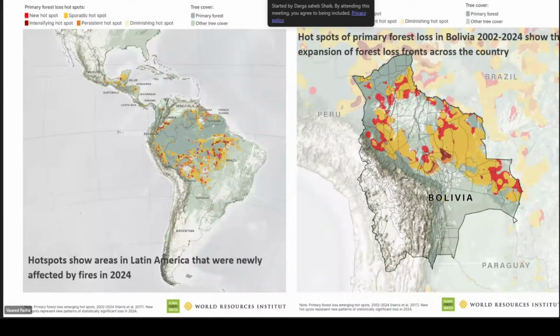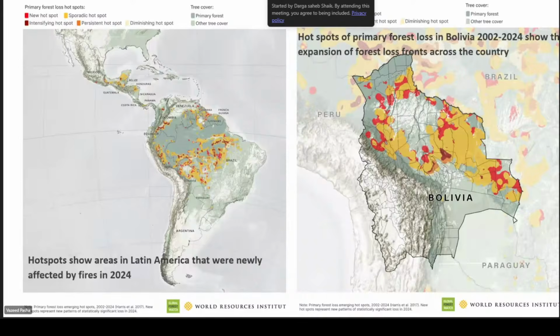Diminishing hotspots mean earlier it was a hotspot, now slowly it is degrading, and intensifying hotspots mean the fire hotspots are intensifying day by day. So year by year, that is what we can prepare through geospatial technology.